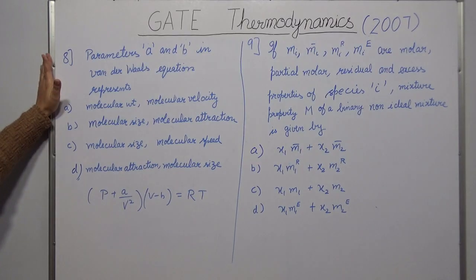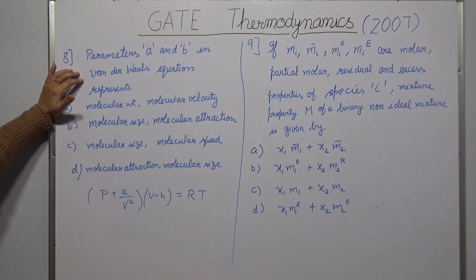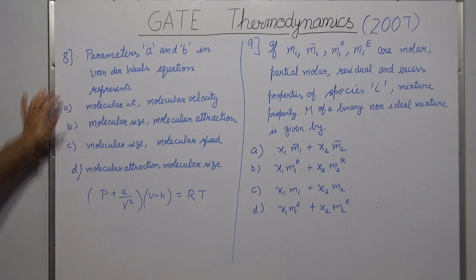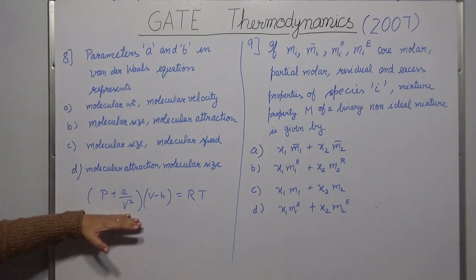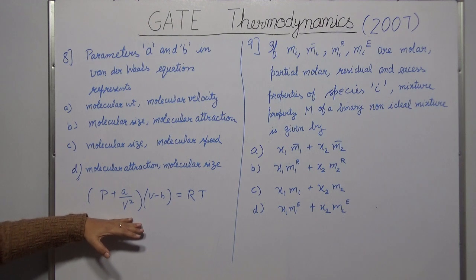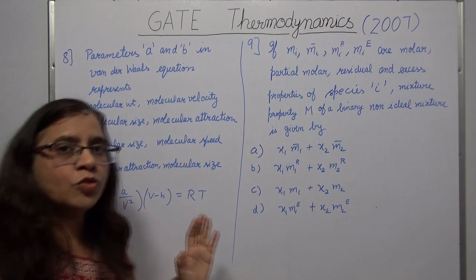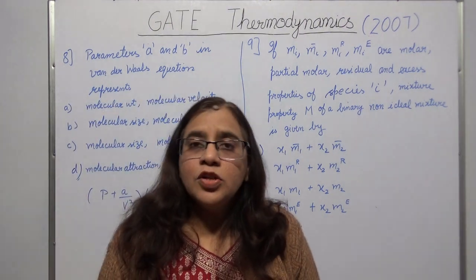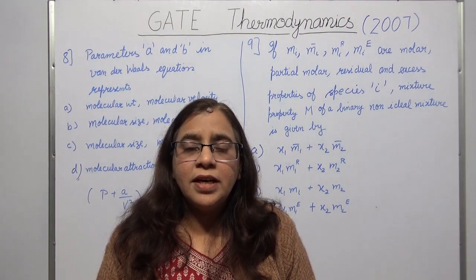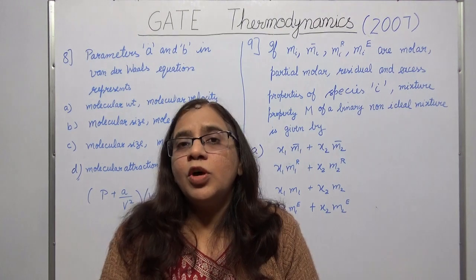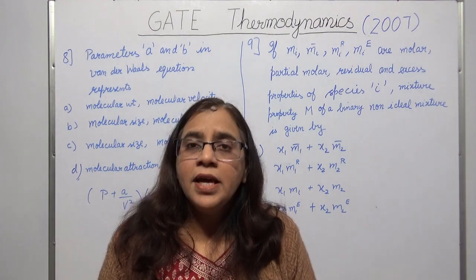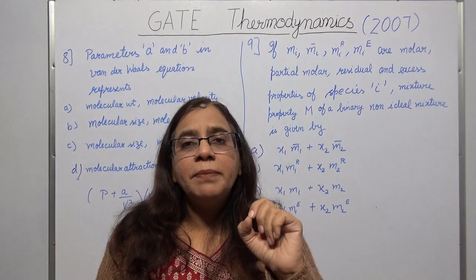So the next problem says that the parameters A and B in the van der Waals equation or any cubic equation of state represent which one of these. For your reference, I have given the van der Waals equation of state, but before going through these, let's see how an ideal gas is defined. An ideal gas is defined by saying that the intermolecular interactions are negligible and